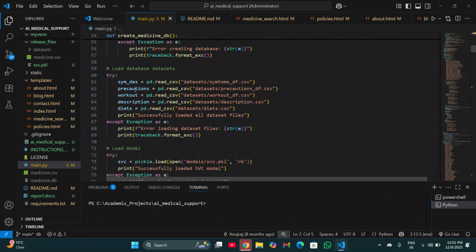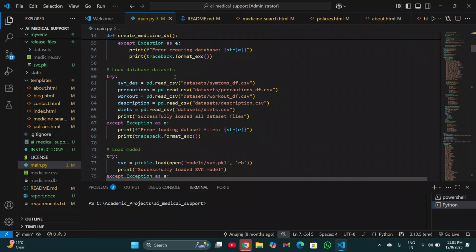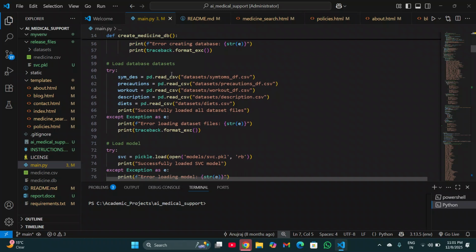Again, here, sir, I load the datasets, which are some different CSV files, into pandas data frames: symptoms, diseases mapping,